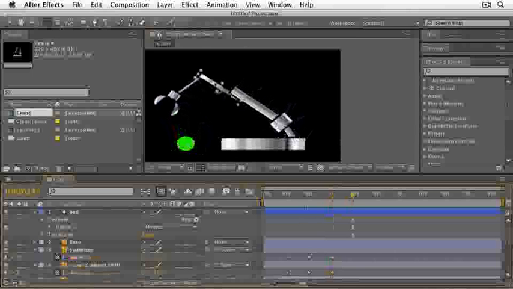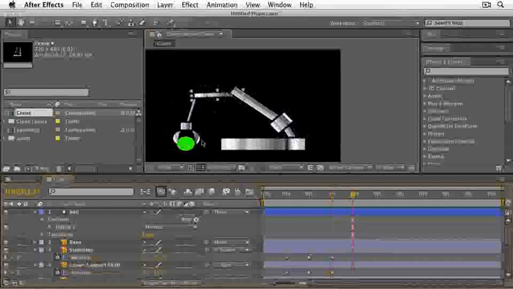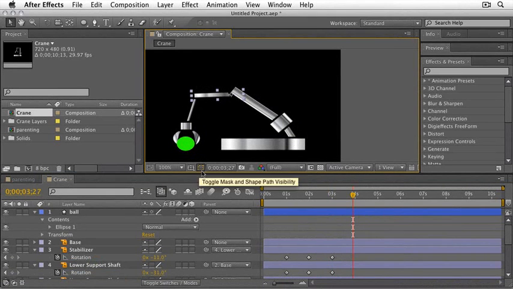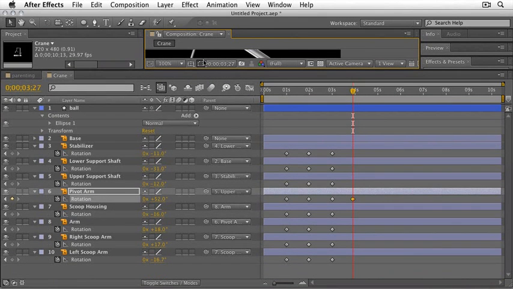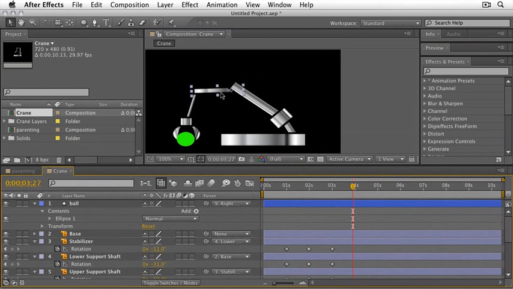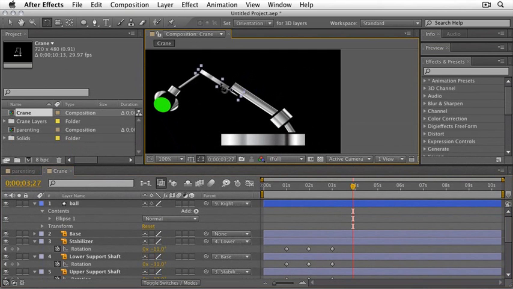As you can see, when I rotate, the ball does not come with. So I am going to parent the ball to one of these other layers. So here's the ball, and I'm going to parent it to, say, the right scoop arm. And when I rotate these, see how it brings the ball along? When I rotate this one as well,